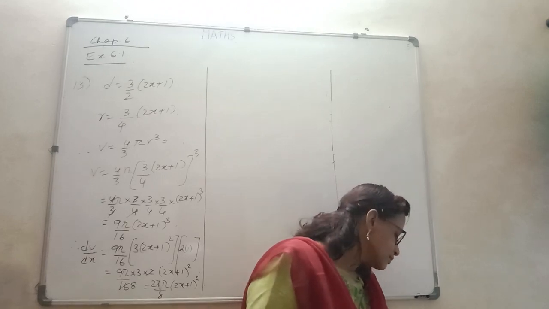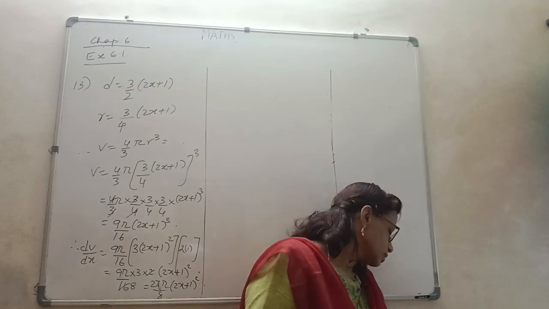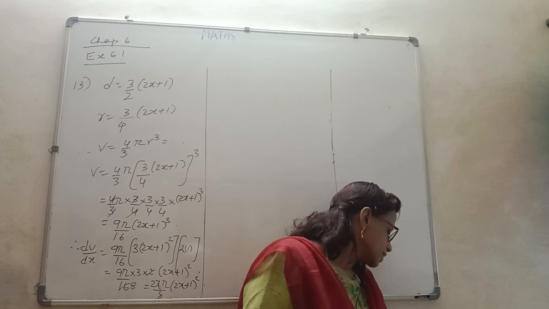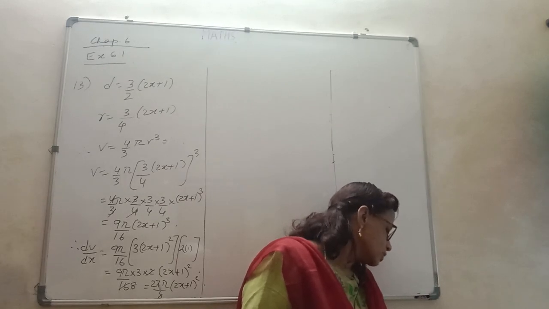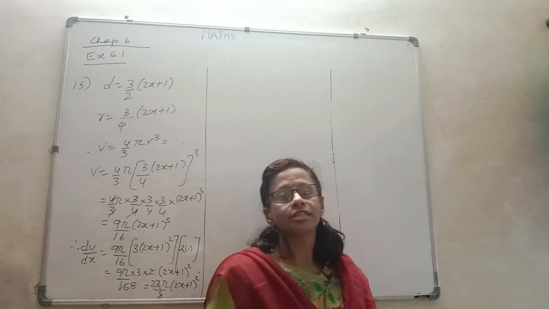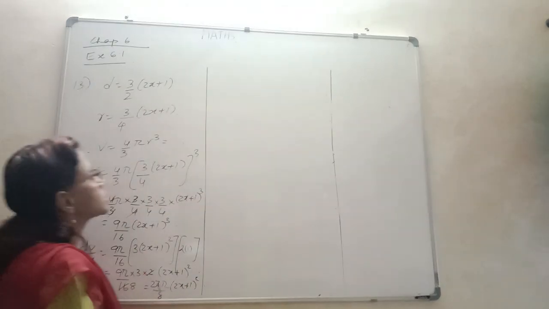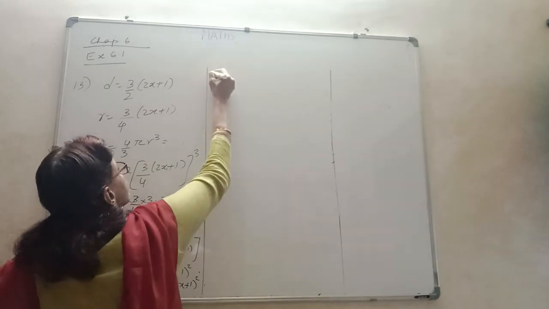The falling sand forms a cone such that the height is always 1/6 of the radius. How fast is the height of the sand cone increasing when the height is 4 centimeters? So it's basically like this,